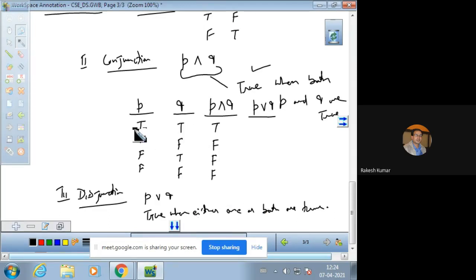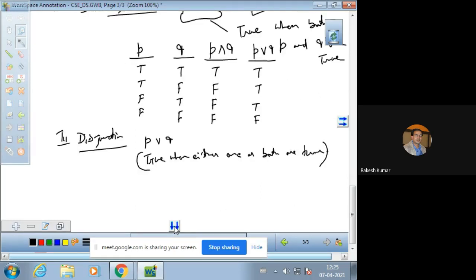So in the first case P and Q are both true, so it will give us true. In the second case it will also be true, and in the last case it will give us false by this statement. So disjunction means it will be the true value when either one or both the values of P and Q statements are true. So this is the meaning of a disjunction. So we have these three basic or fundamental connectors: conjunction, disjunction, and negation.